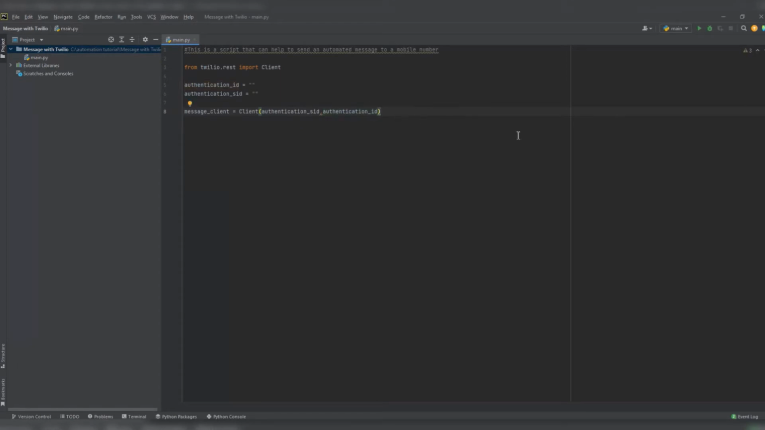Then after that, the next thing to do here is to create the message body. That is the body of the message we'll be sending to the person or to the recipient of our message. So for us to create the body of the message, what we're going to do here is to use that message client variable here. We are going to now say message body, that is the body of the message. You can call it any variable name. So message body,